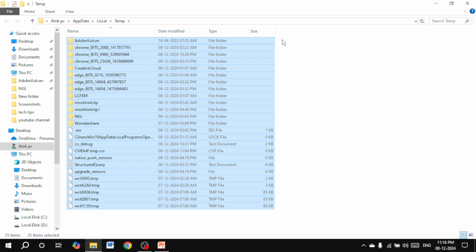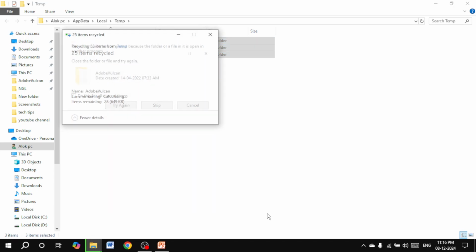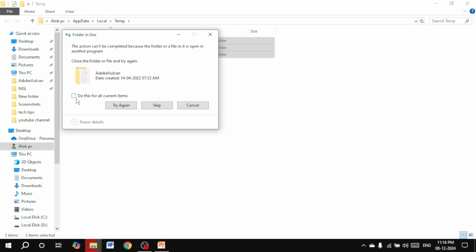capture your device storage and slowing the PC. So this is not essential for me, then I delete here. First of all, Control A, then click on delete button, then click enter, and I do this for all current